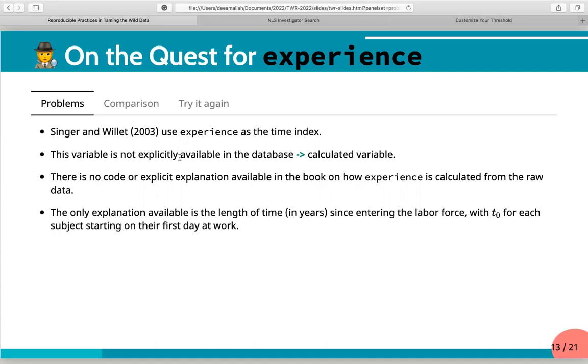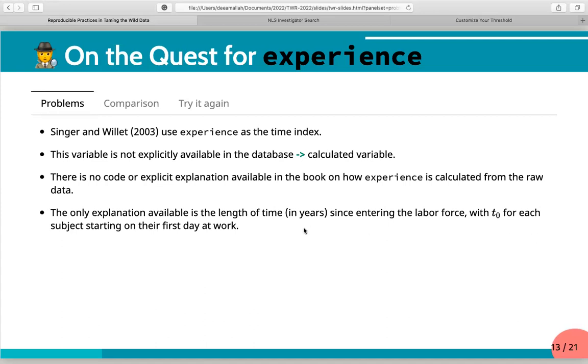There is no single variable in the NLSY investigator that mentions experience, which means this must be a calculated variable. The other problem is there is no code or explicit explanation in the book on how it is calculated from the raw data. The only explanation available is that experience is the length of time measured in years since entering the labor force, with T0 being the first day of the subject starting to work.